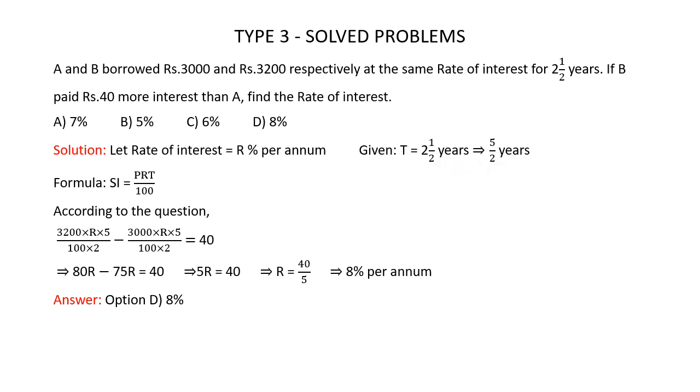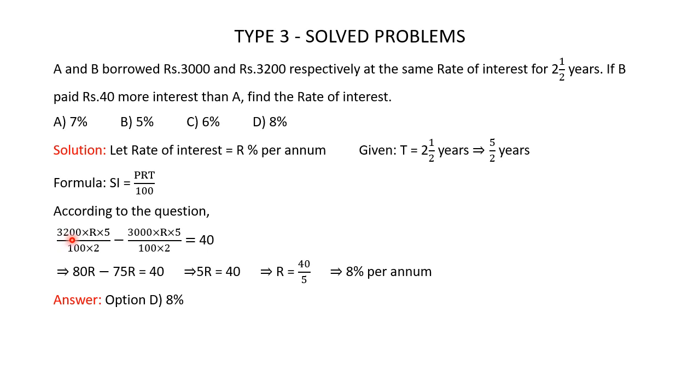Now it's also given that B paid rupees 40 more interest than A. This means the simple interest paid by B minus the simple interest paid by A is equal to rupees 40. Now we know that simple interest is equal to PRT divided by 100. So according to the question,